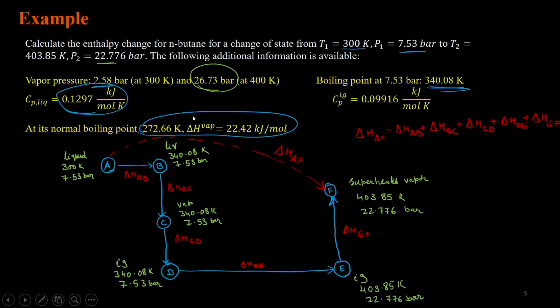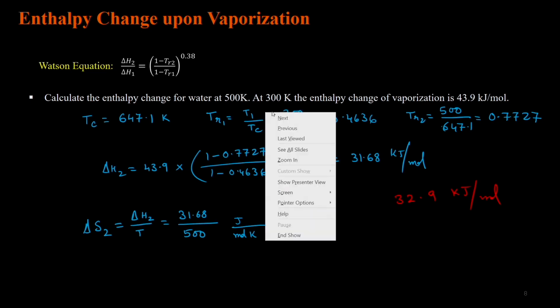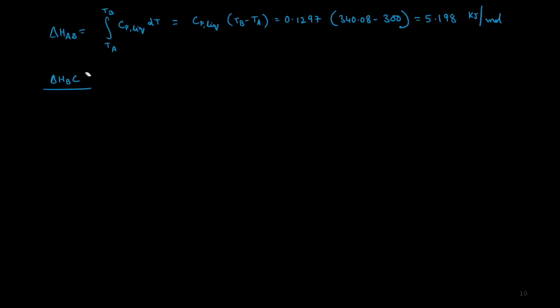So what we will do is then use the Watson equation we looked at earlier. Use condition 1 as the normal boiling point and calculate it for condition 2, which is the condition of our interest, right? Let's do that. So delta HBC, let's write that down. Delta HBC is the enthalpy change for vaporization at